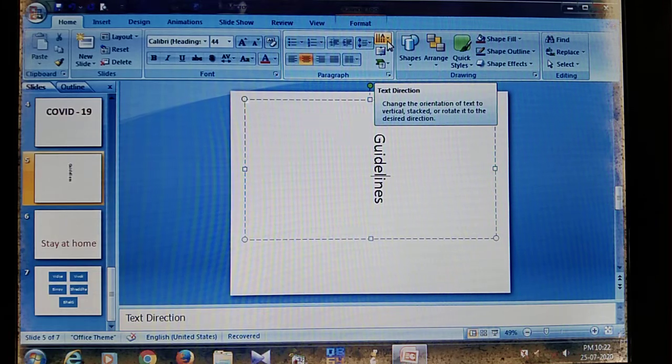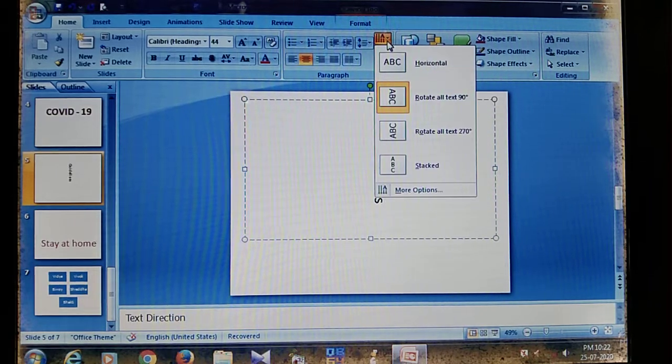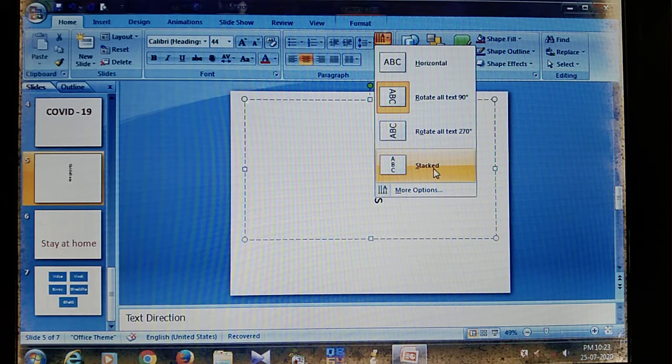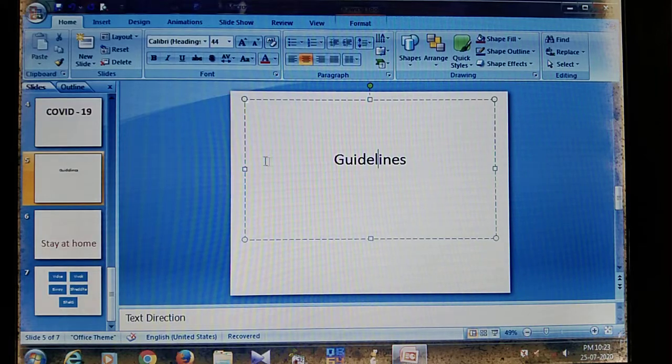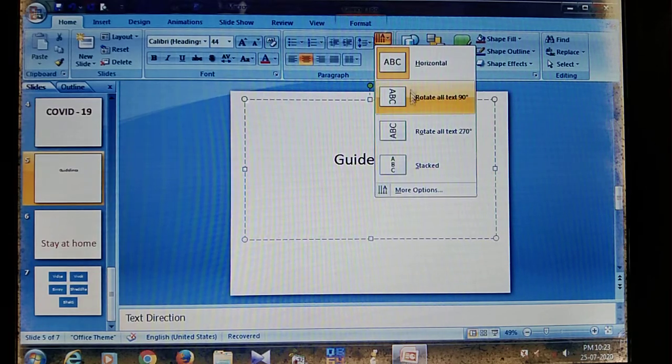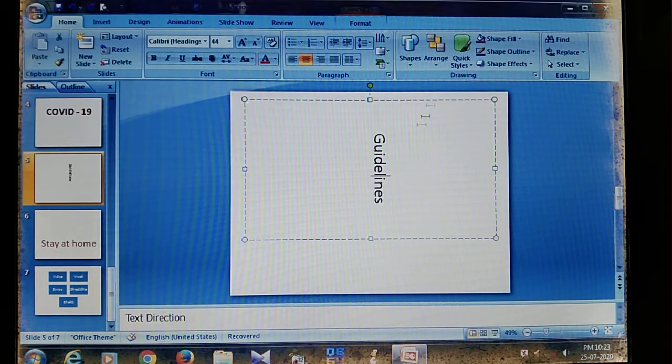Change the orientation of the text to vertical, stacked, or rotate it to the desired direction. If I click on it, here four types of text directions you can set. First one is horizontal. Normally horizontal text appears from left to right. If I click on rotate all text 90 degrees, it must be rotated. So it is the text directions.